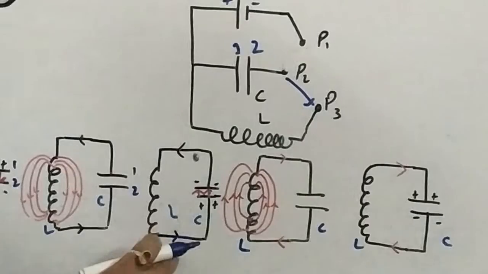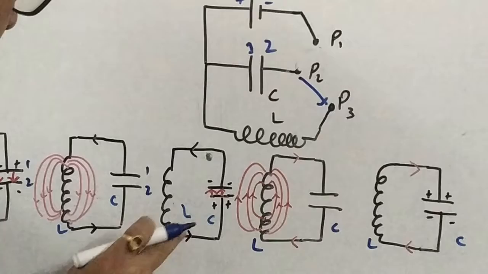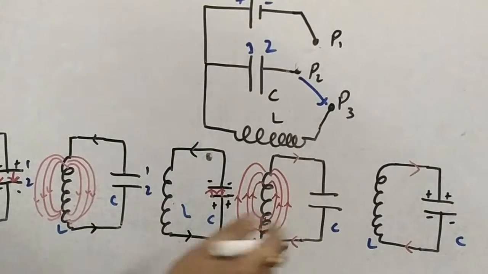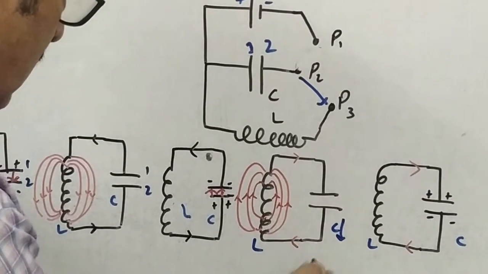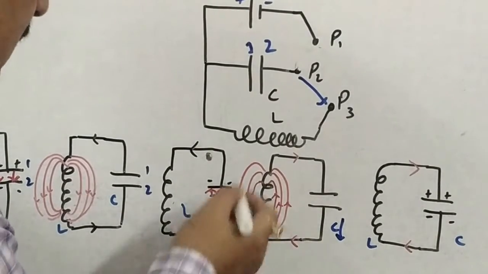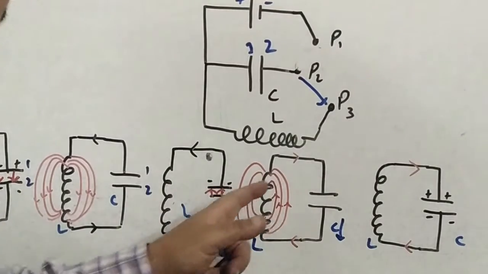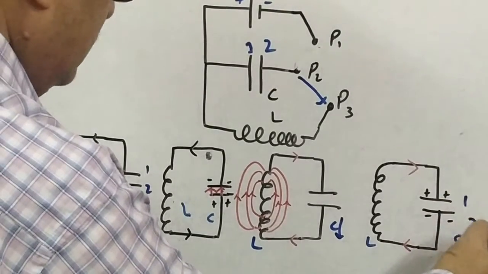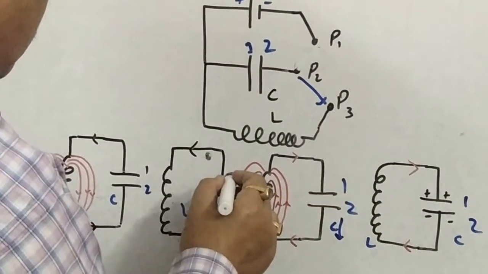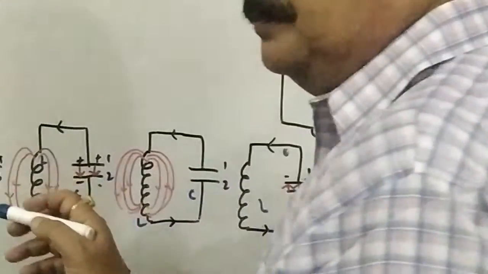While it was charging, the direction of current was from here. Once it is totally charged, then this direction will no longer be valid, but rather now again the charges will come from this route and it will recharge this. It will again give current to this inductor and this will continue. See, the direction of current has completely reversed, and again it makes this one positive and this one negative. 1 and 2, 1 and 2. You can see 1 and 2 were initially positive and negative.